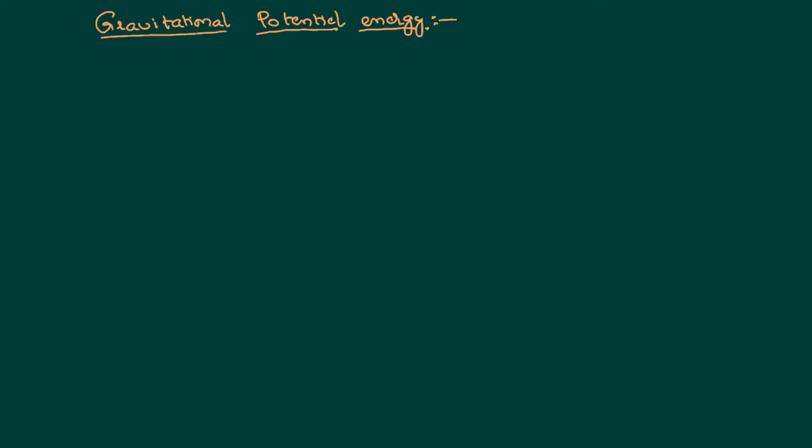But if you consider the earth as a spherical body having a center with a radius r, let the mass of that earth be M. When the body, whose mass is small m, is on the surface of the earth, its potential energy is not measured from the surface of the earth, rather it is measured from the center of the earth. Then it will have some value. We would like to calculate what that value is.